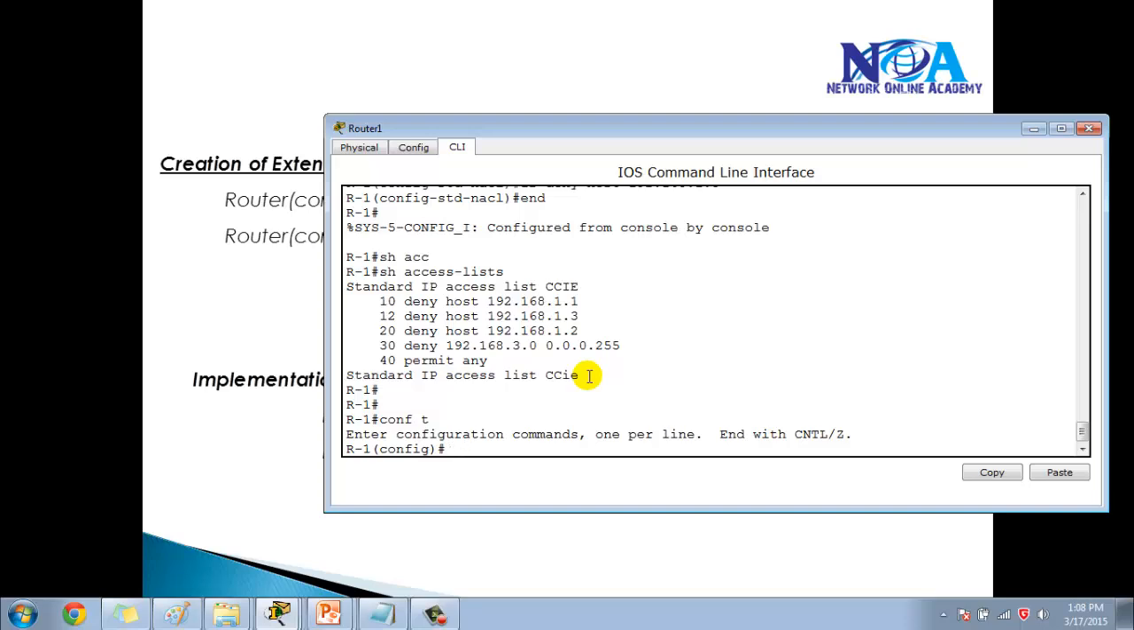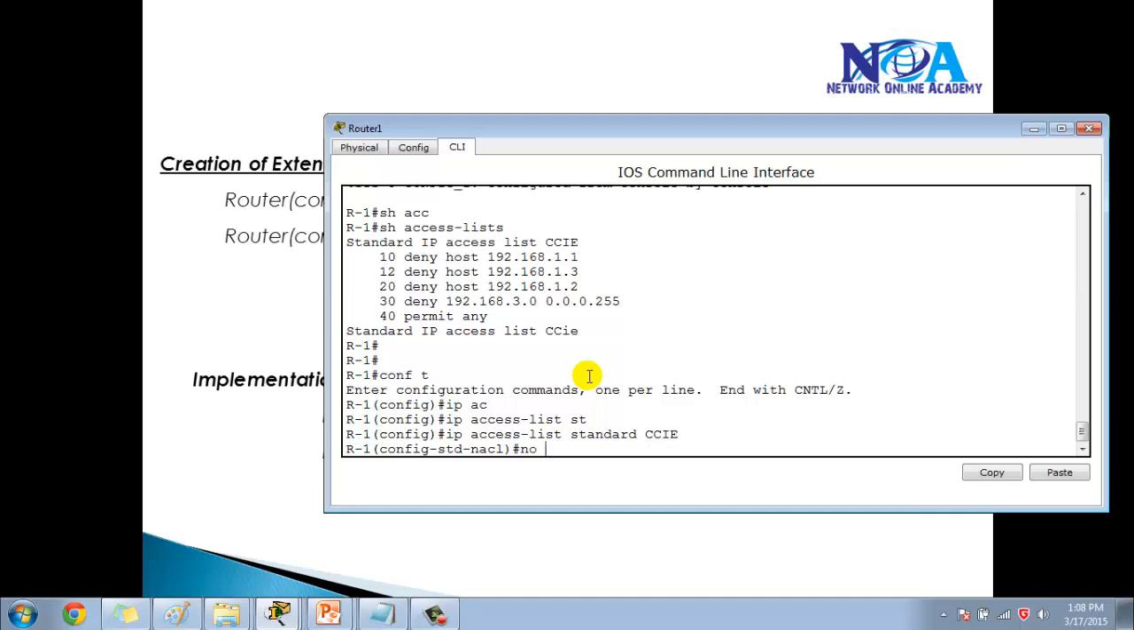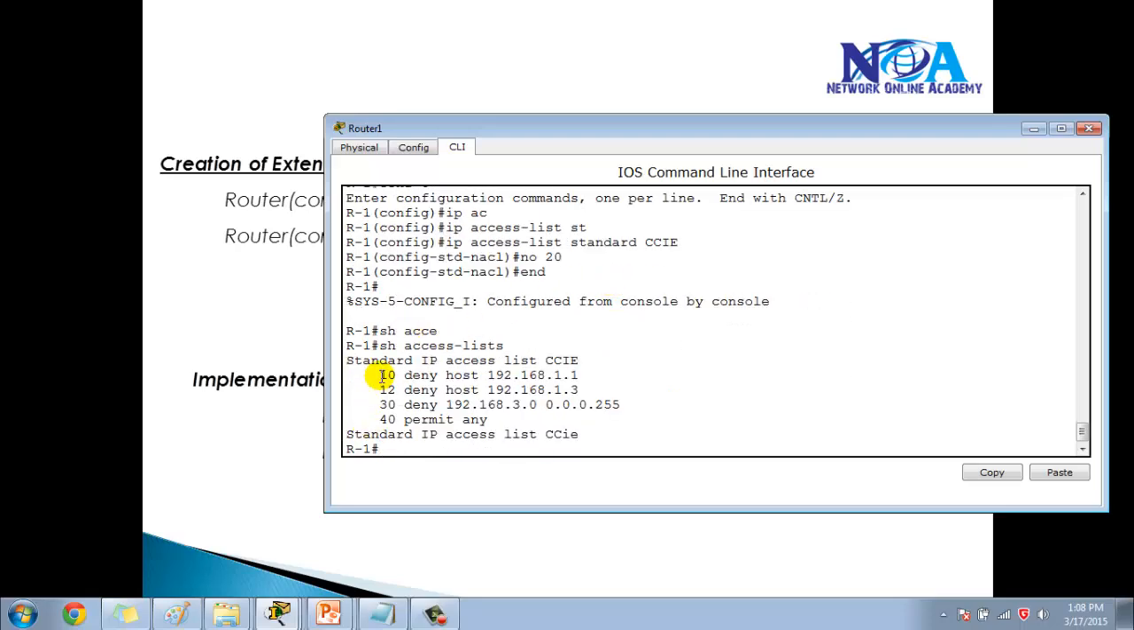Now in a similar way, if you want to remove any specific line, we need to get into this mode, and then we need to say no. Let's say I want to remove line 20, simply say no 20. So you can see line 20 has been removed. This way we can selectively add or remove a specific line from the ACL statements, which is possible